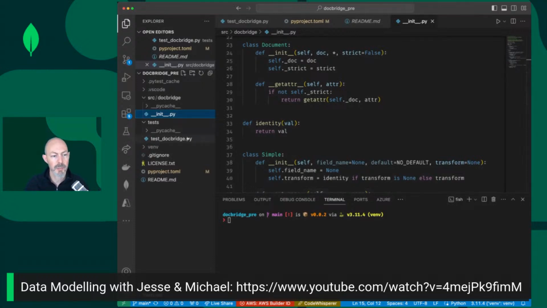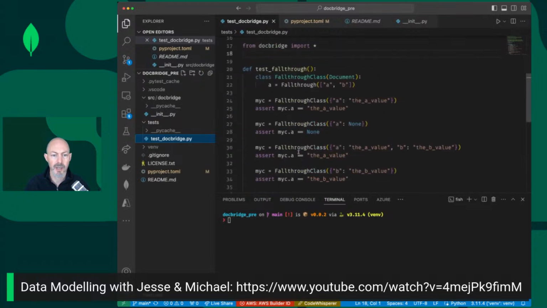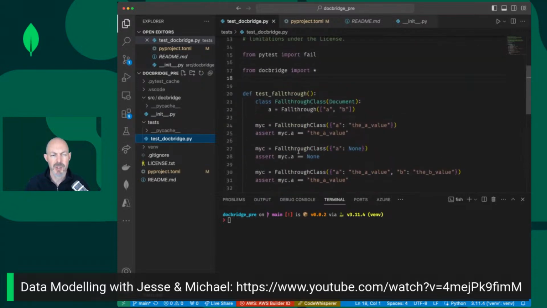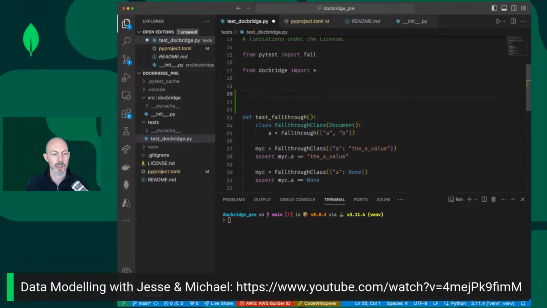So I think it's probably best to look at the tests that I've written that demonstrate this. These are very much tests for the code that I've got. So let me write another test that's maybe a little bit easier to understand. Cocktails. All right, so I've got this cocktail